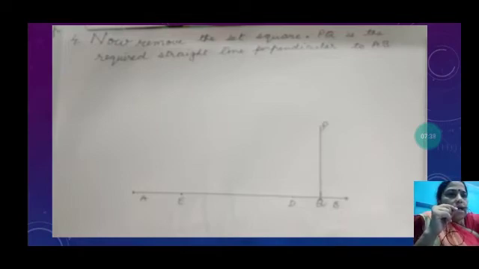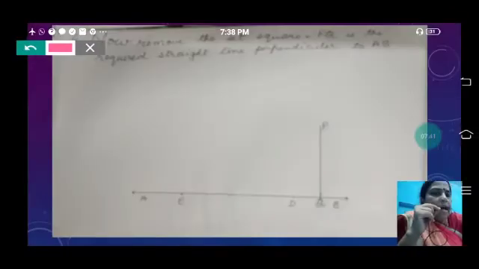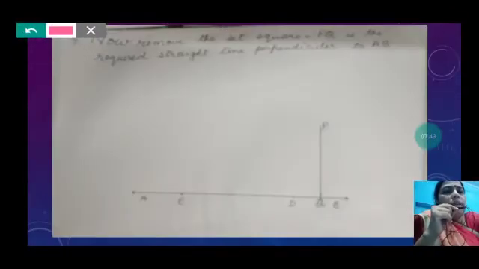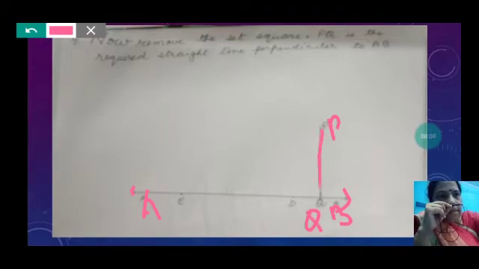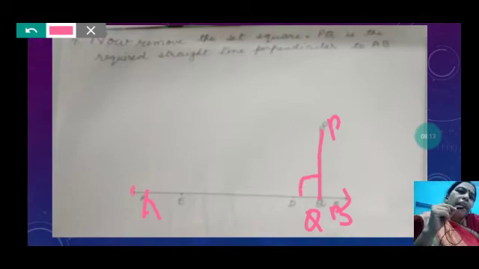So here what do we see? When I have removed the set square, I have found that this line PQ, which I got after removing the set square, is perpendicular to AB. Now this line is AB, A and B, and this is PQ. Now this is perpendicular. Perpendicular means straight. Now what is this making? How many angles? This is making 90 degrees.